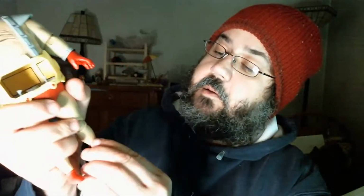So here he is out of the package. That ankle is really tight, as is this one. But, I mean, he's a big hollow guy, right? Good articulation on the head. So I think he comes apart. Yeah. So the body and the torso and the top come apart. So you can